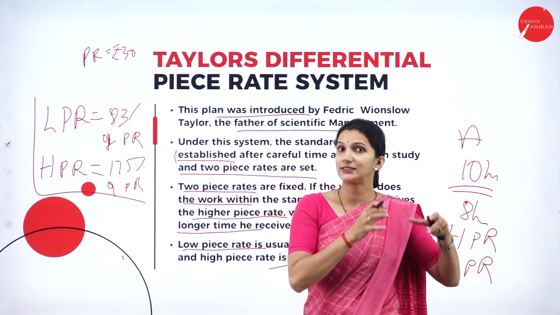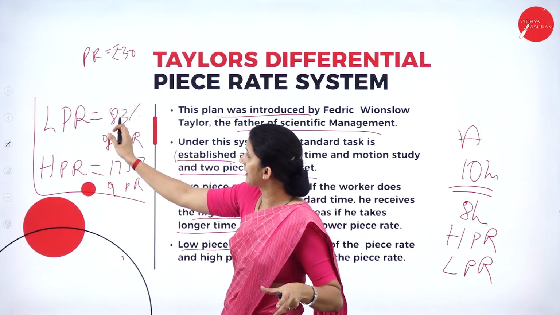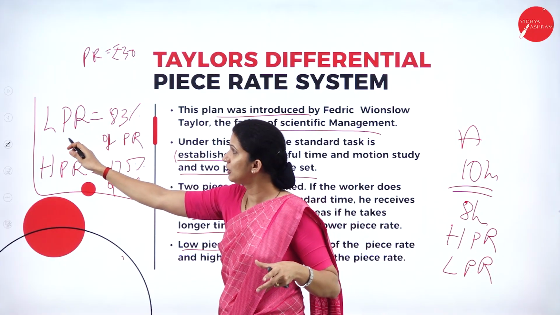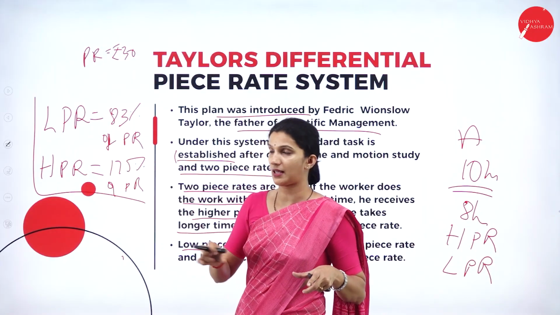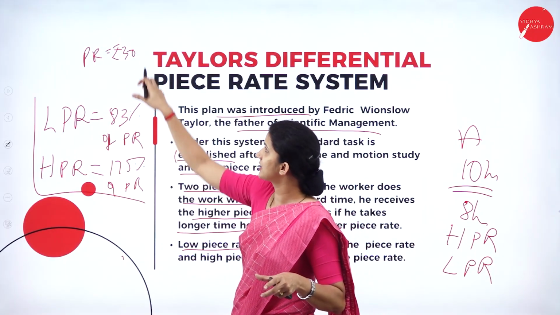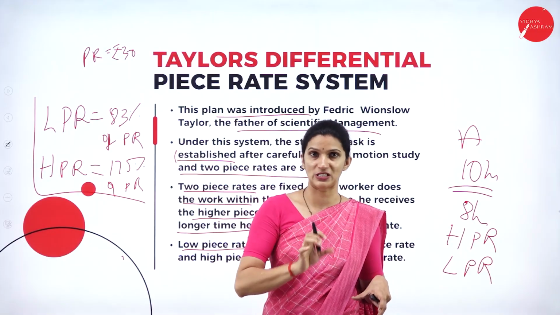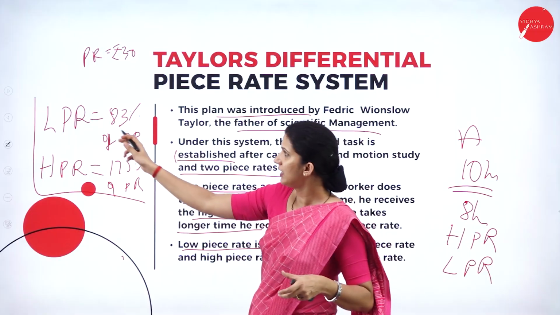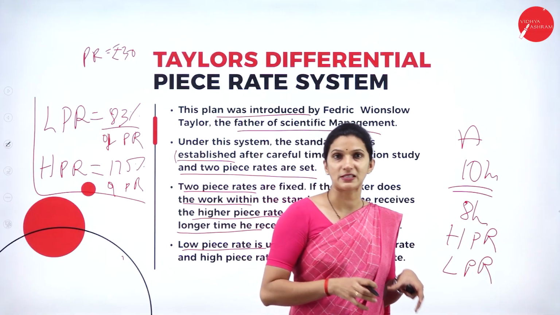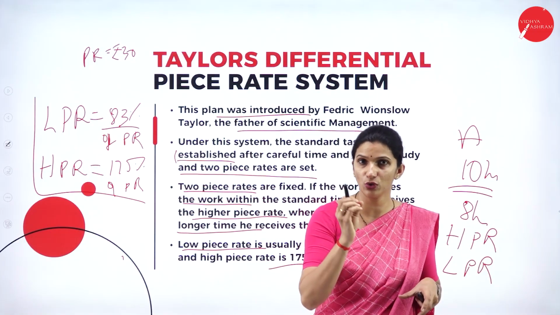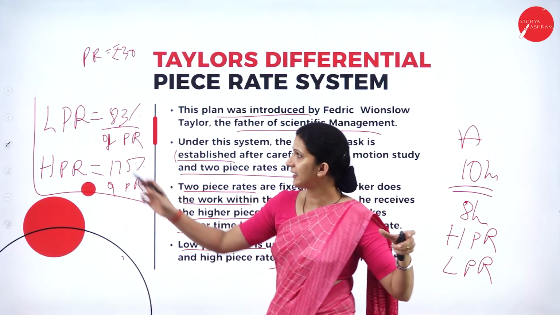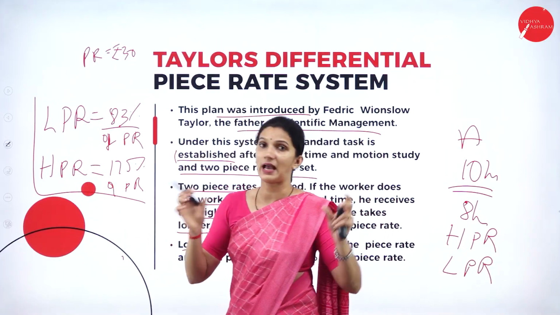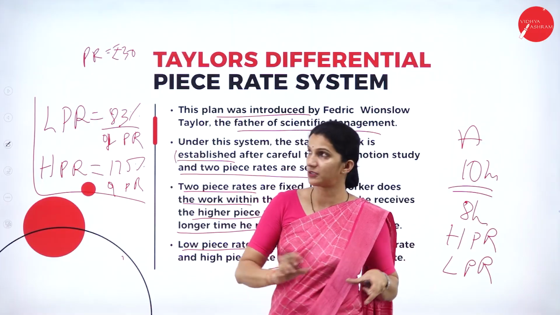So when we calculate the low piece rate, we'll apply 83% on 30 rupees. Then that will become the low piece rate. Then the high piece rate will be calculated as 175% of 30 rupees. So that is the high piece rate. So that we are getting. So here under Taylor's differential piece rate system, the two important piece rates that we need to calculate are the low piece rate, which is 83% of this piece rate, then the high piece rate, which is 175% of this